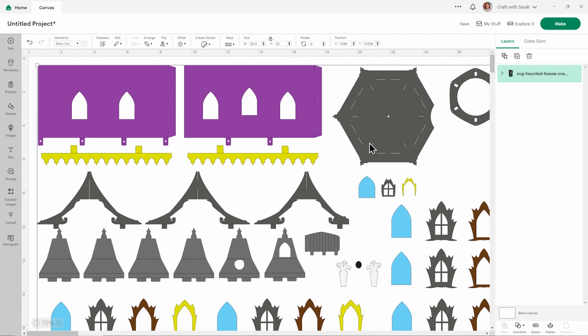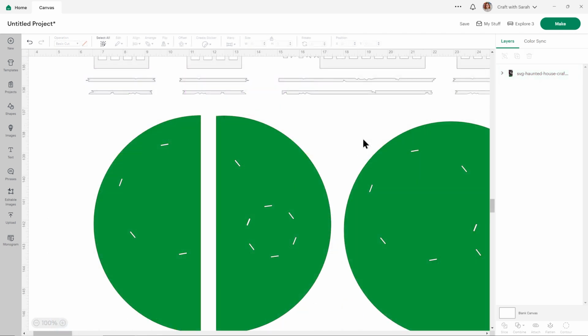Alright, so now I'm going to go back to my original screen recording and we'll have a little look at what needs to be done before this is ready to cut. The first thing you'll need to do is to choose some sort of board, a circular board, to put your haunted house onto. This will make it much more sturdy than just having it on one little circle of cardstock. I'm using a cake board for this.